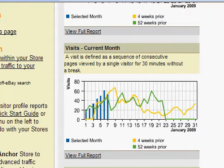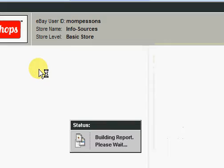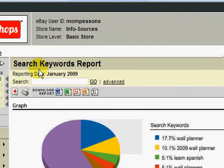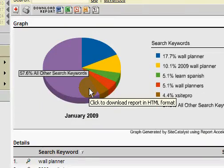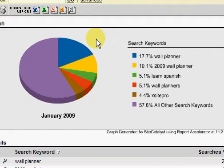Because we also have in the traffic reports tool facility, top keywords that drove traffic to your store. So I'm going to click on that now, and we'll be presented with a graph which tells us the different keywords that people have typed into eBay, and as a result of that search have then gone on to look at your particular listing. So we can see here that this is for January's figures only, but